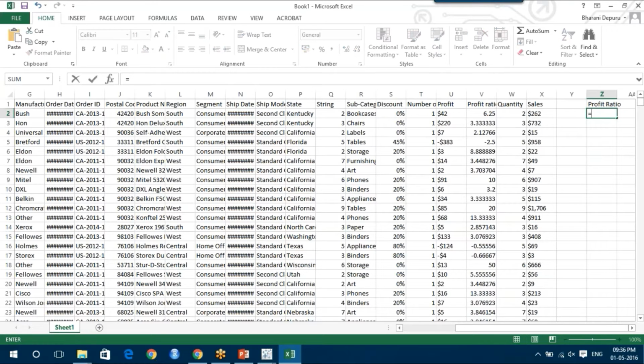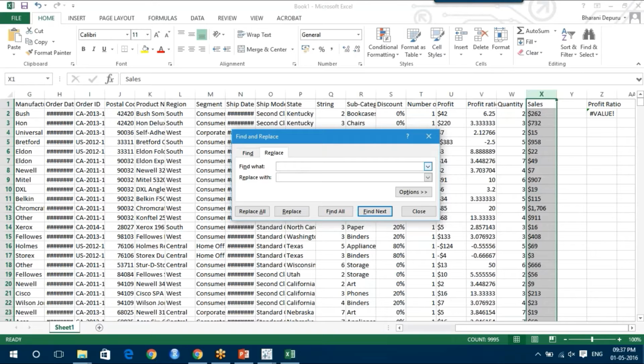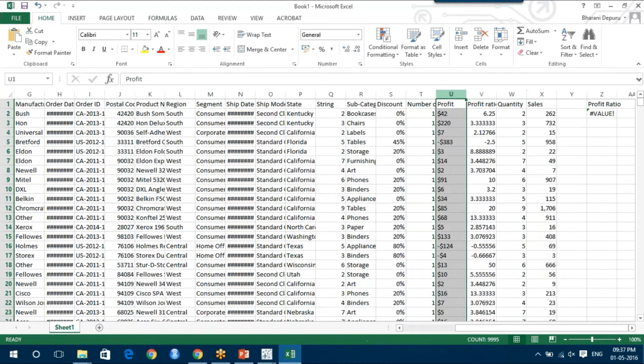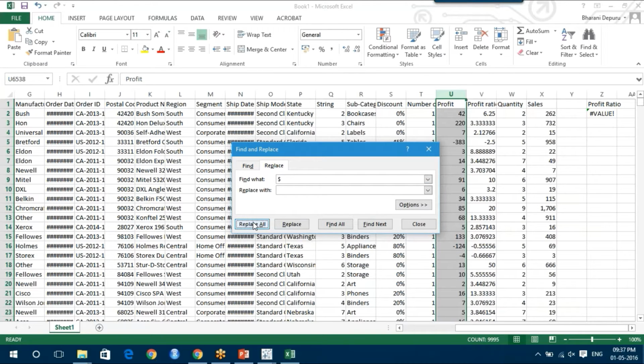It is nothing but sales by profit. So here is sales. I'm going to divide it with profit. I get a corresponding value. Let me replace dollar with a space, and let me also replace dollar with space everywhere. Now you get this profit ratio, right? If you calculate the profit ratio across,